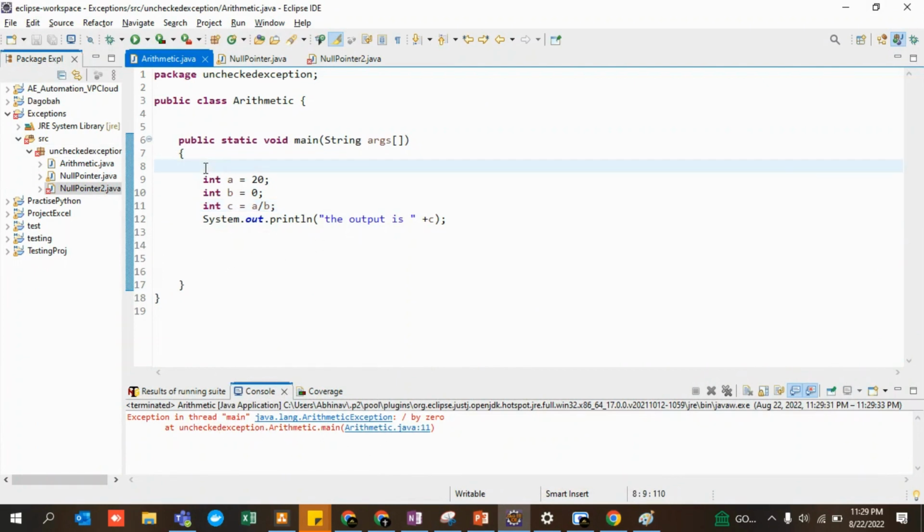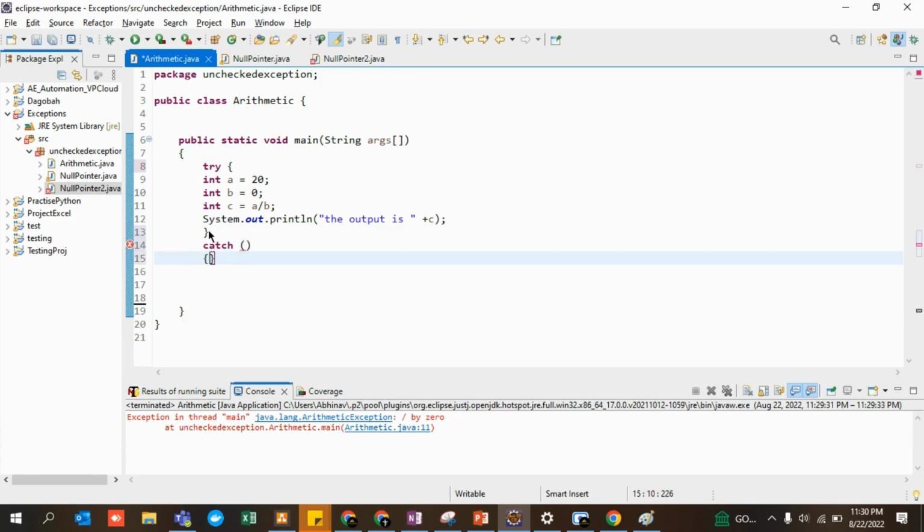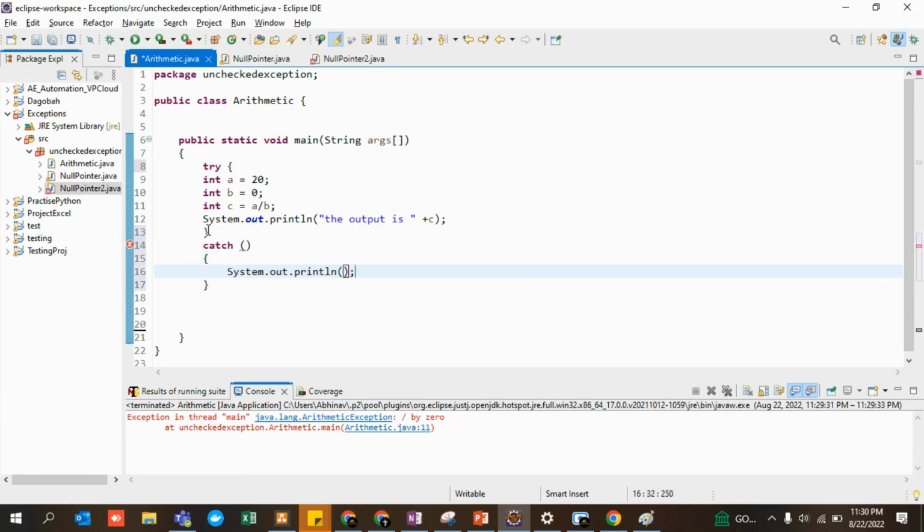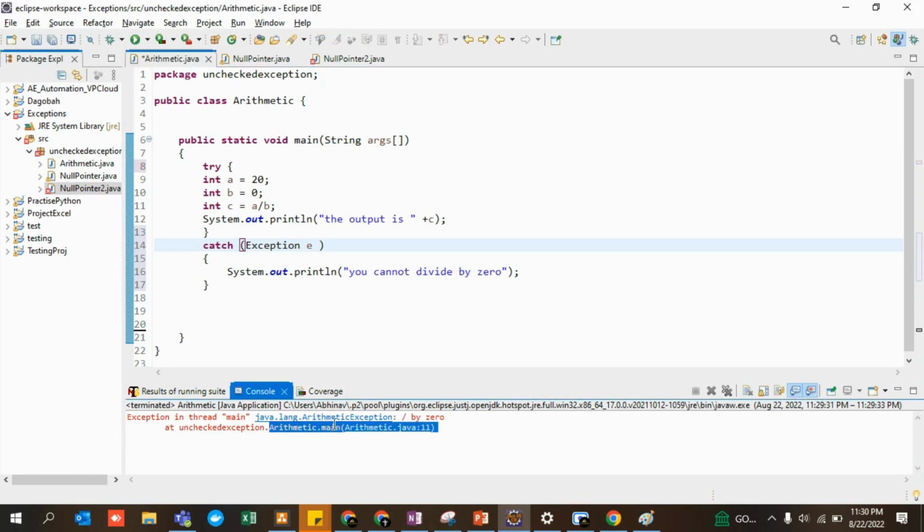In order to handle it, you need to handle it if you want. So you apply try over here and catch it, printing, let's say, "cannot divide by 0". And guys, you have to pass a particular parameter. There are two things you can pass over here. You can type ArithmeticException and pass an object of it, or you can just type Exception, if you do not know what kind of exception it is. Let's say you are a fresher and you do not know what this arithmetic exception is all about.